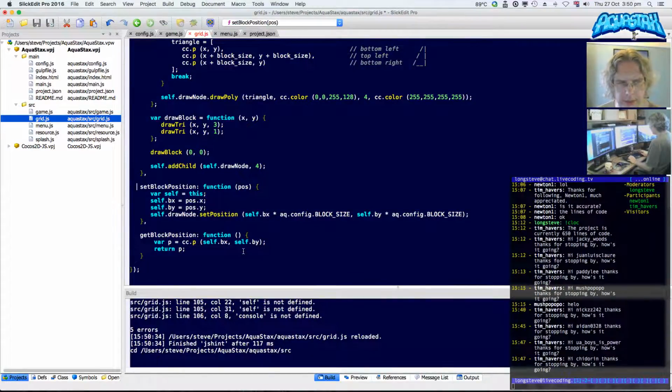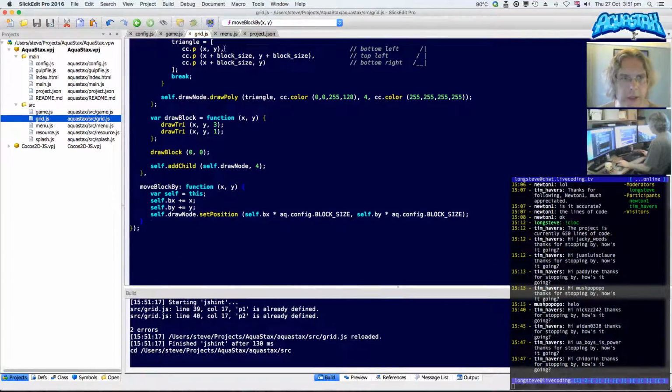Let's maybe tweak it. So I have a move block by. This is going to be a bit sneaky. We'll call it x and y because I'm not worrying about positions anywhere. And self.bx plus equals x, self.by plus equals y, and then we draw it, self.bx to by. We don't even need to get position then. All we need to do in here is call